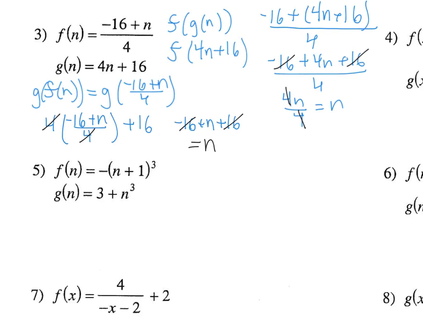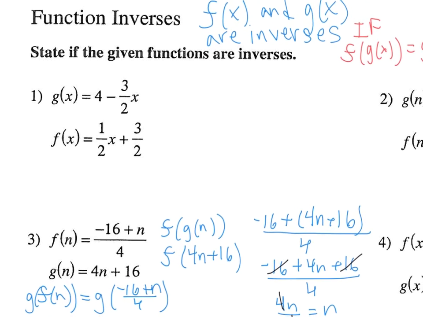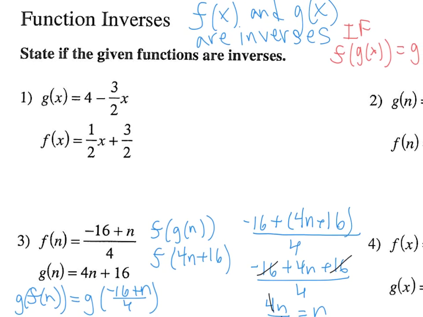And so because we could compose these in either direction and get n as an outcome, then we know they are inverses of each other. So that's one that does work out nicely for you. Let's backtrack to number 1, and I'll show you one that does not work out nice. So number 1, we have g of f of x that we want to find first, let's say,